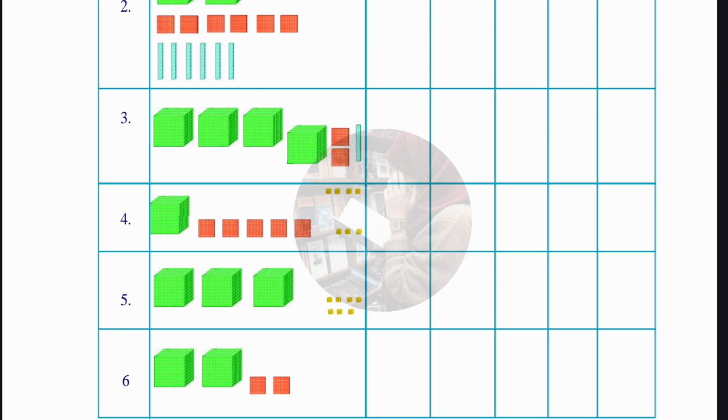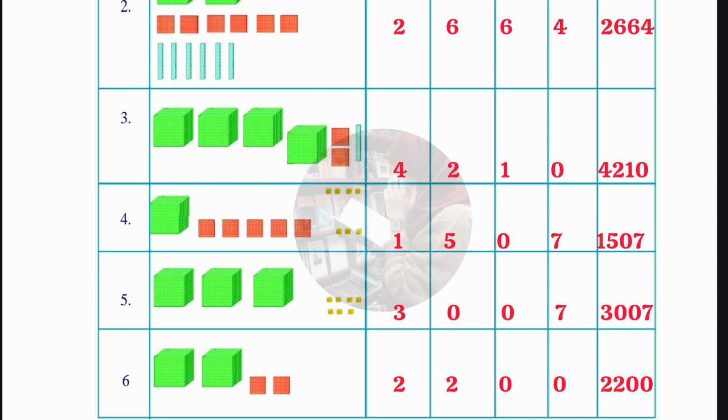Let's see the third one. 4 blocks are given, write down 4. 2 squares, write down 2. 1 stick, write down 1. We don't have any dots, so write down 0. So the number is 4210. Next, the fourth one is 1 block, 5 squares,